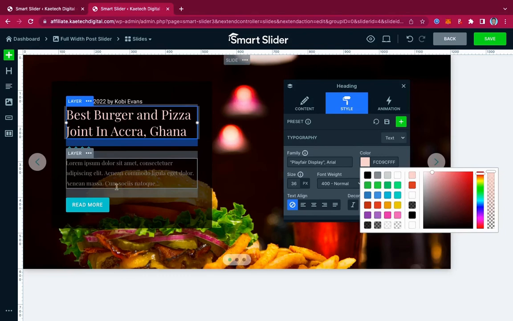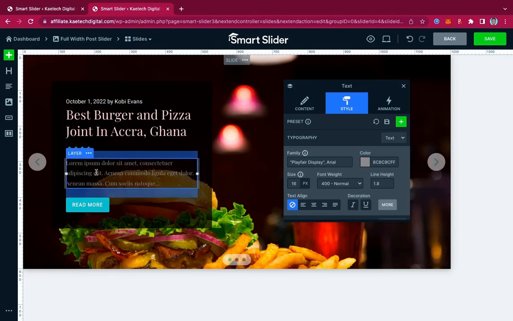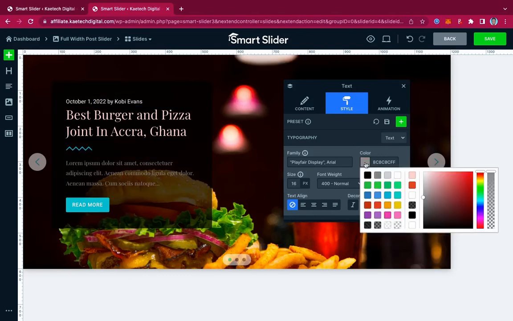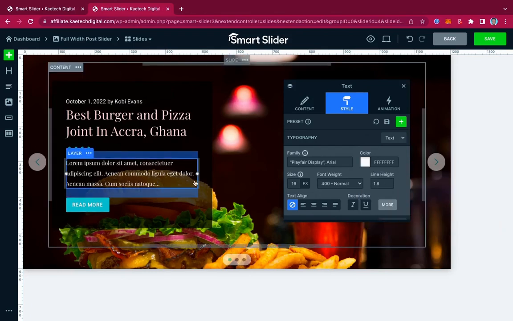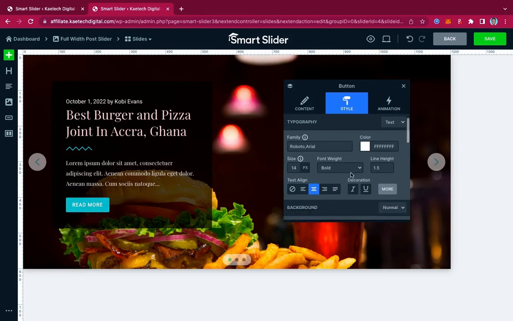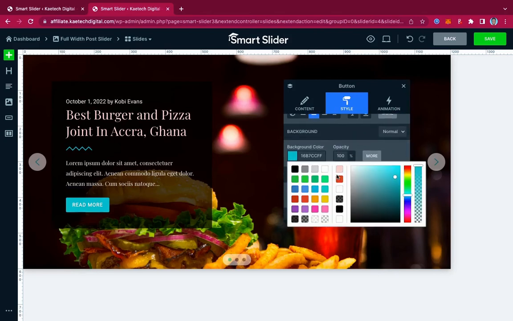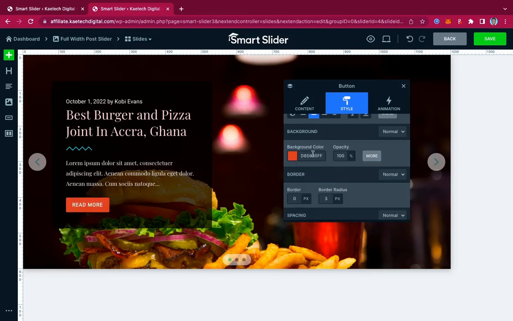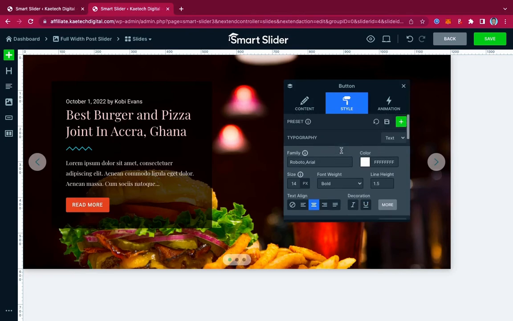Okay, so I'll make it this color, and then over here too you can write whatever you want to write, and then I'll change it to all white. Okay, and then with the button too you can go ahead and change everything in it. So I want to change this button color and make it this color over here. Okay, and then if I want to add